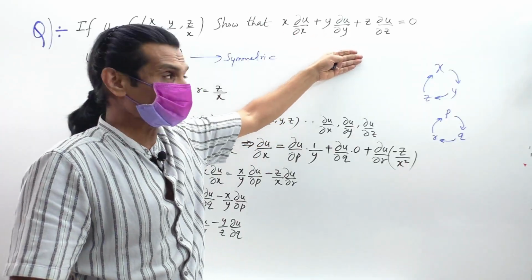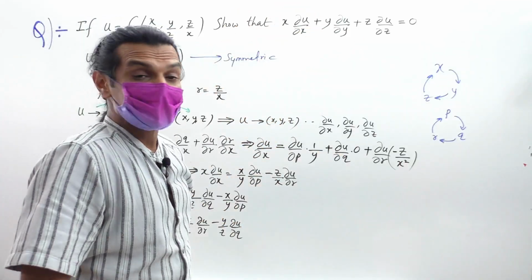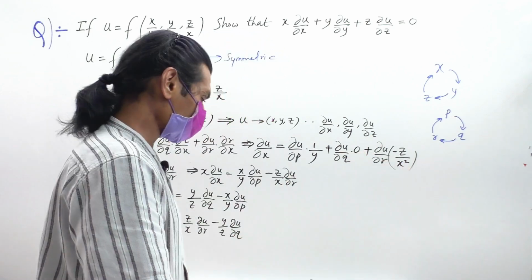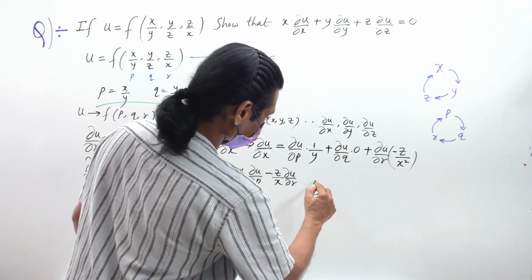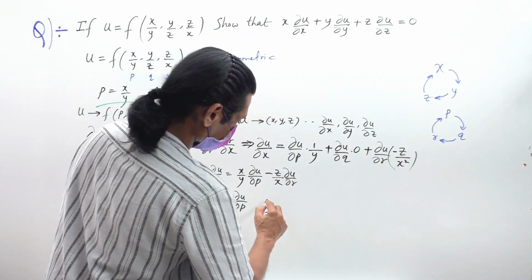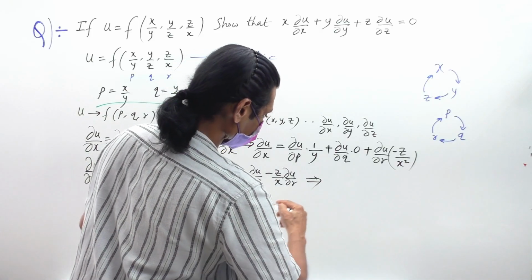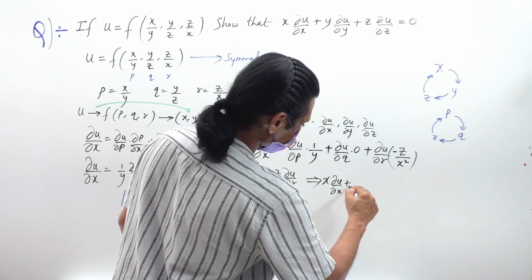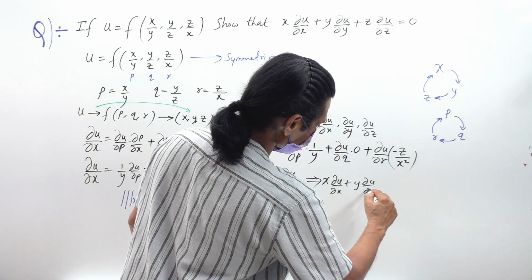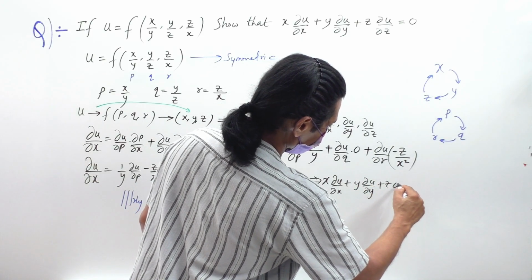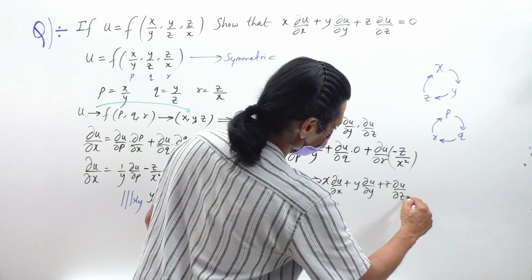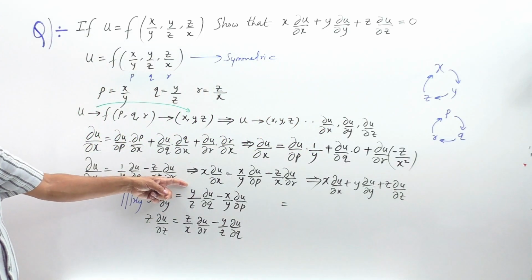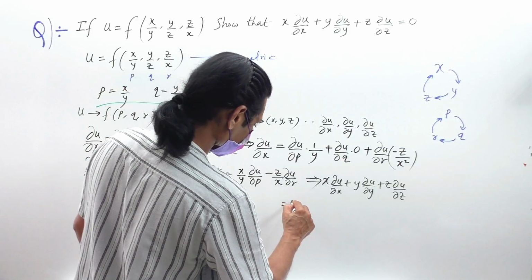So let's put in the function that you are asking for. It is x dou u by dou x plus y dou u by dou y plus z dou u by dou z, which we want to show is 0. So that implies x dou u by dou x plus y dou u by dou y plus z dou u by dou z equals to. So let's put all these terms here. What is my x dou u by dou x? It's x by y